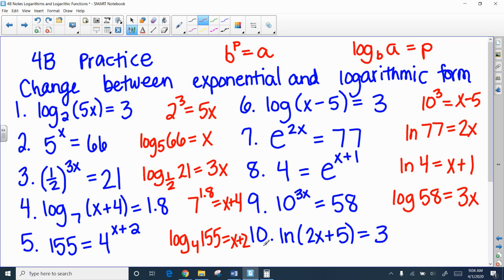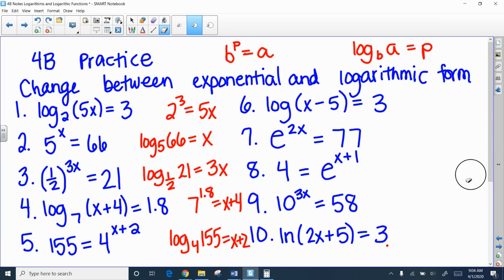And number 10 is a natural logarithm, so that's a base of e. So this one is going to be e to the third power equals 2x plus 5. All right, if you got all of those correct, that is perfect. If you didn't, please continue watching as we make sure we know where all of these